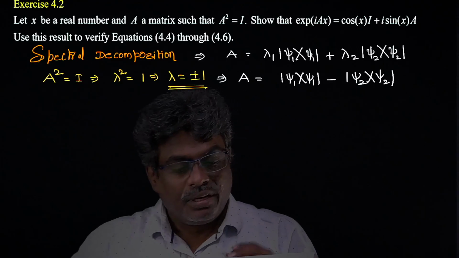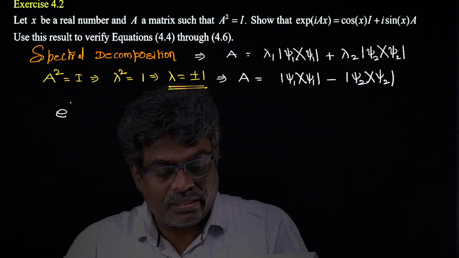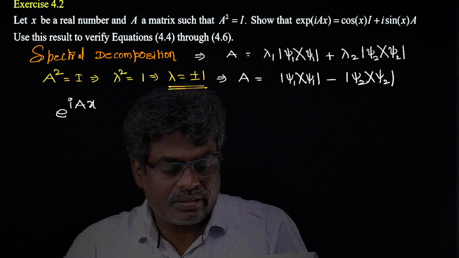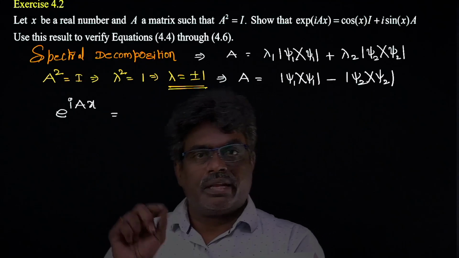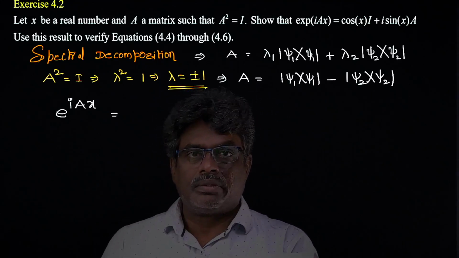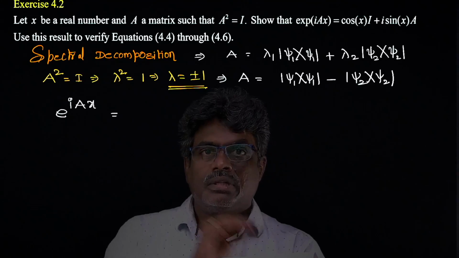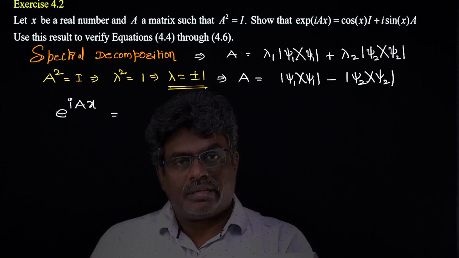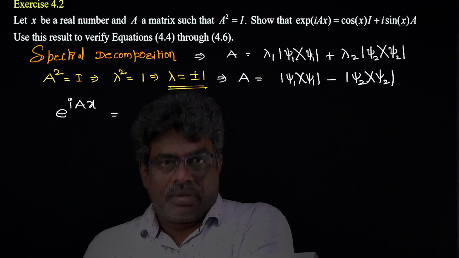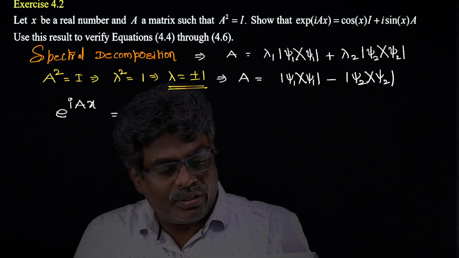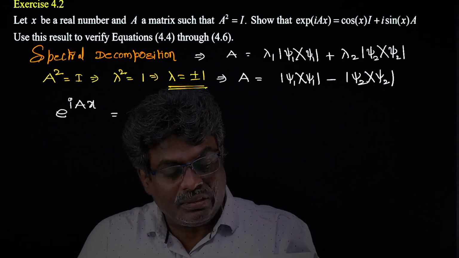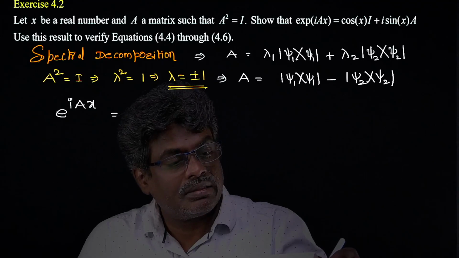So leave it. Now here we are going to write e raised to iAx. Remember, if an operator A has eigenvalues lambda 1 and lambda 2, and eigenvectors psi 1 and psi 2, then for e raised to A operator, the eigenvalues may change but the eigenvectors remain the same. So according to this spectral decomposition, we can write this as